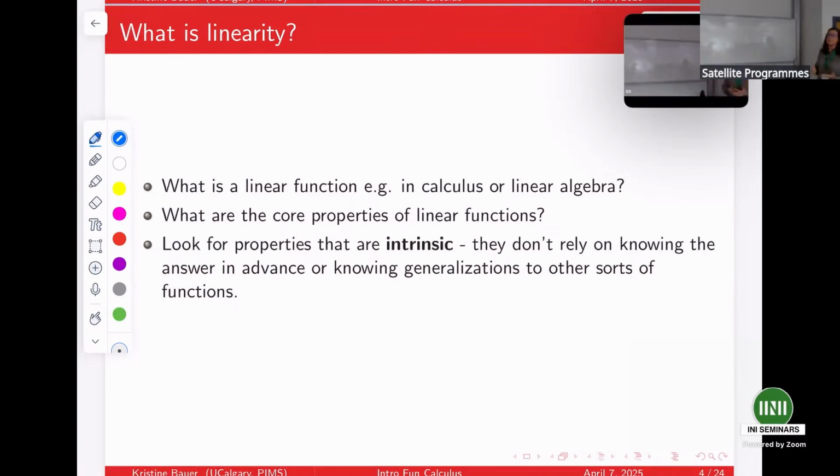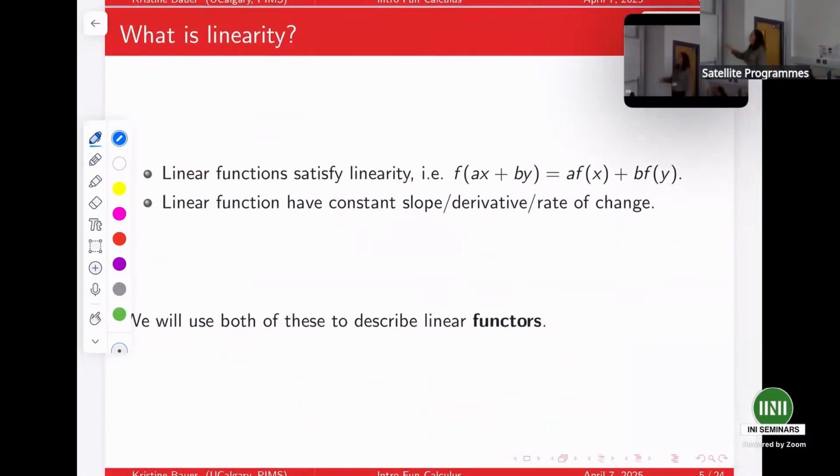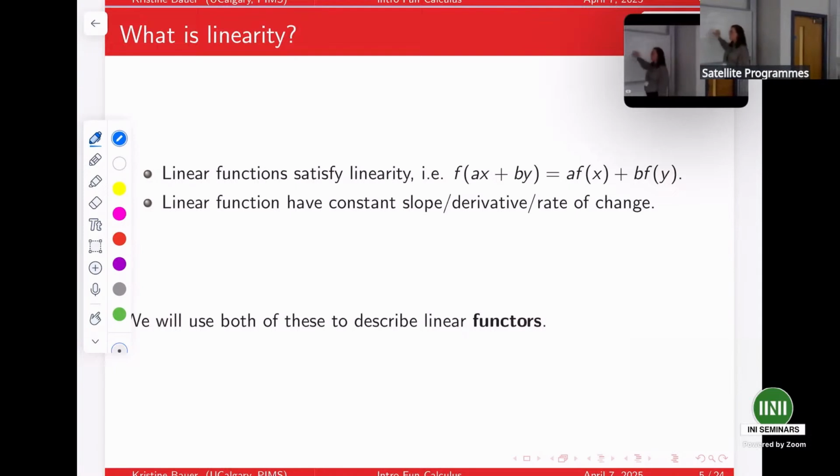The main thing here is that some of these properties are really very different from one another, and there are choices involved. So I expected something about linearity in terms of the linear algebra course version of linearity, which means that you respect sums somehow. And I expected that linear functions have a constant slope or derivative or rate of change, which we've also recorded. And I'm going to try in these lectures to talk to you about both of these perspectives on